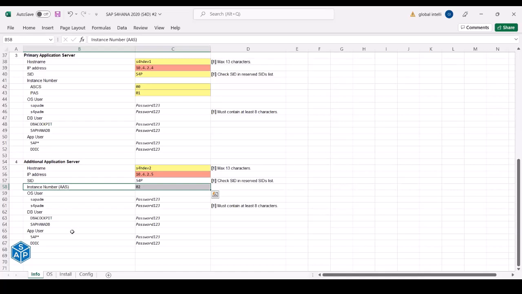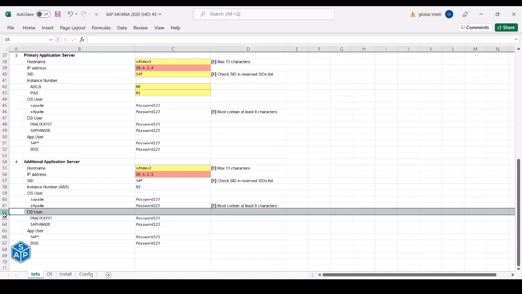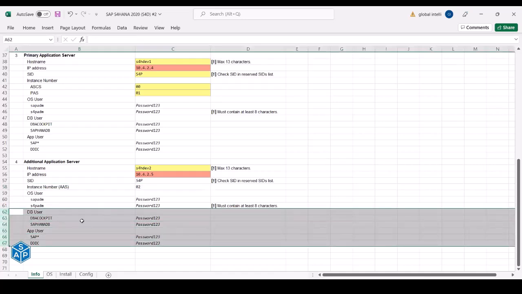Okay, these are the users. I think that is it. DB and you, I don't think there needs to be any additional server because we are just